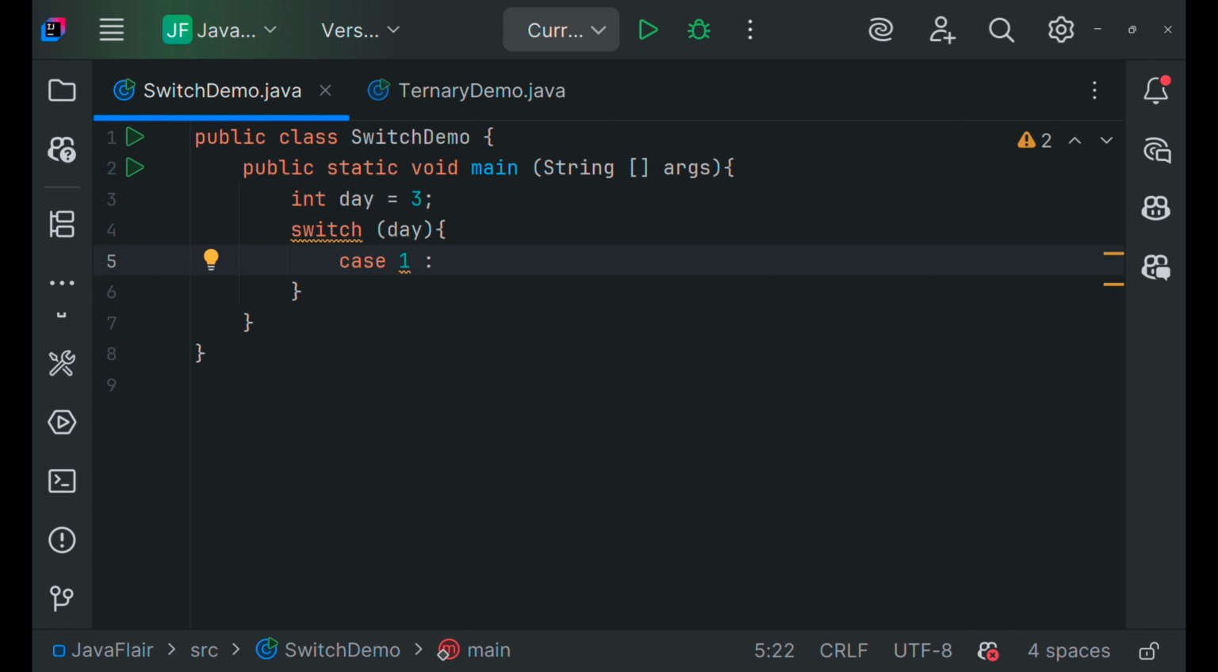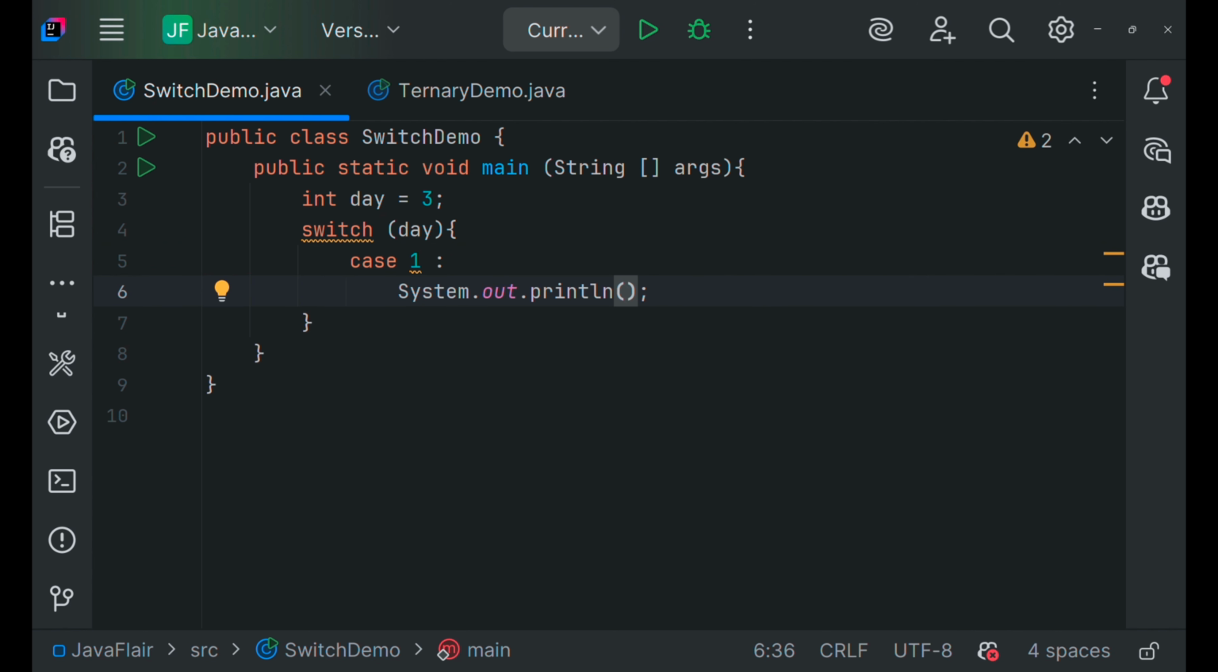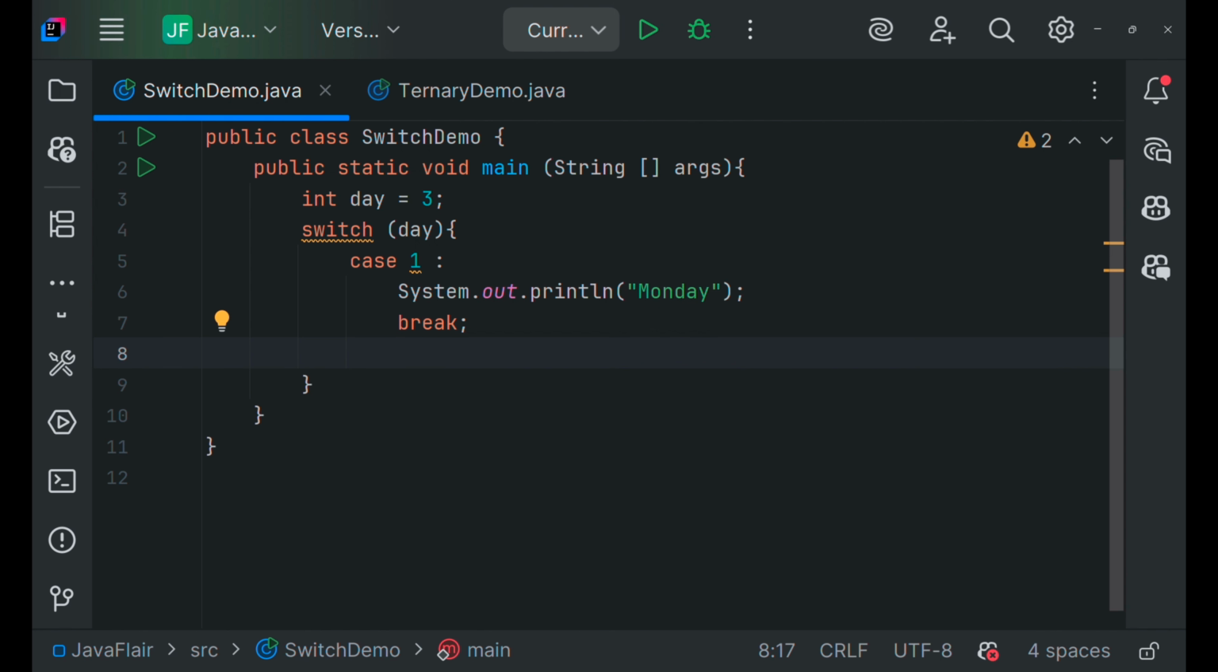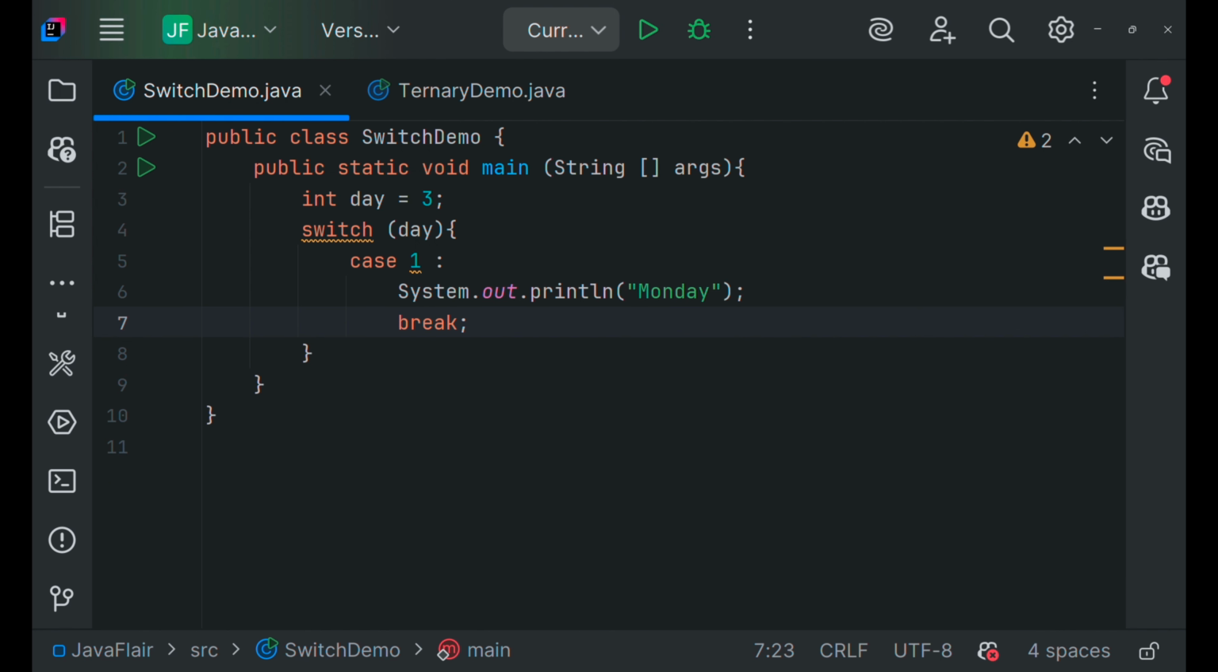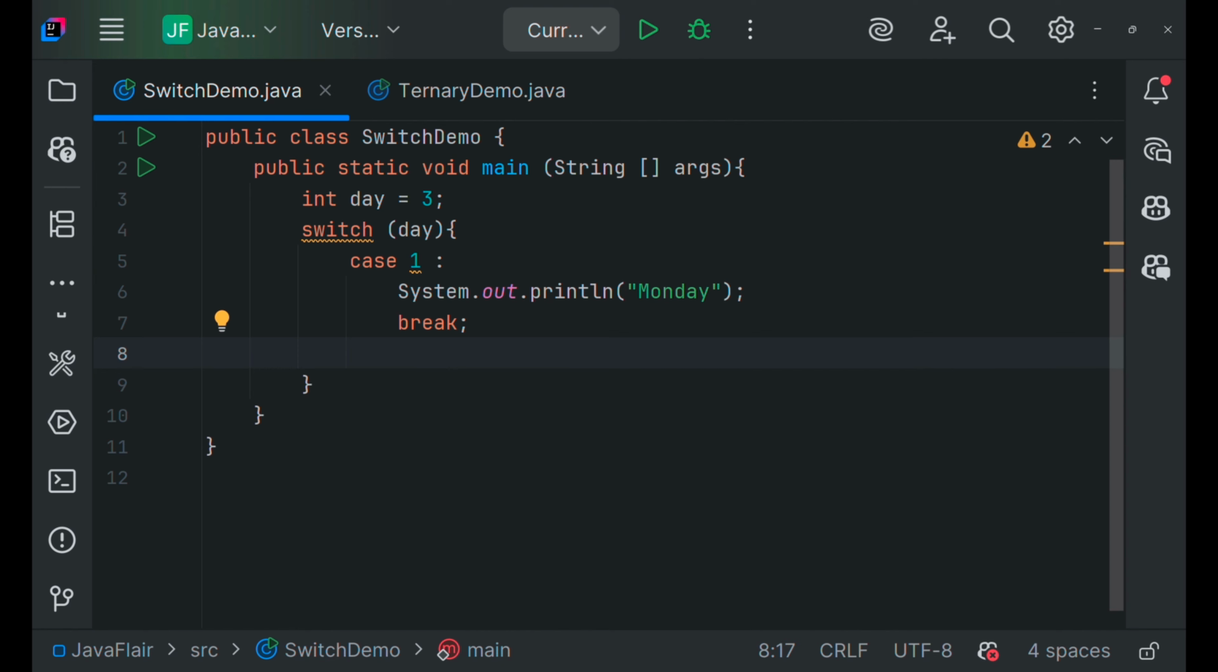Case 1. This is nothing but, if day is 1, then do this particular action. We are saying it in this format. Case 1 colon, System.out.println Monday semicolon, break semicolon. Make sure you always add break. If not, even after checking the first condition, it might move to case 2 and still keep checking the same condition. Case 2